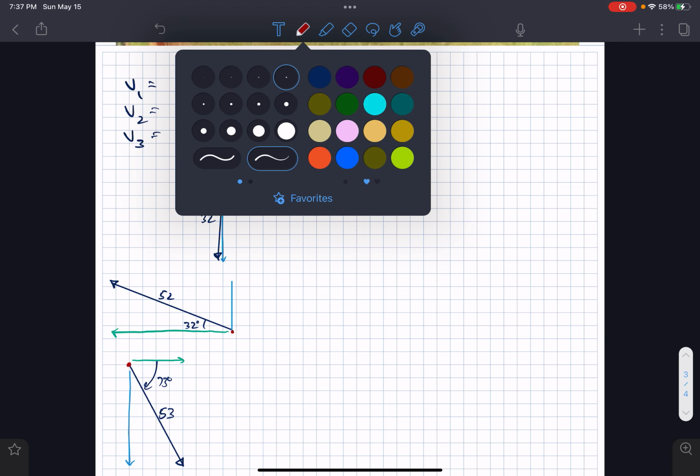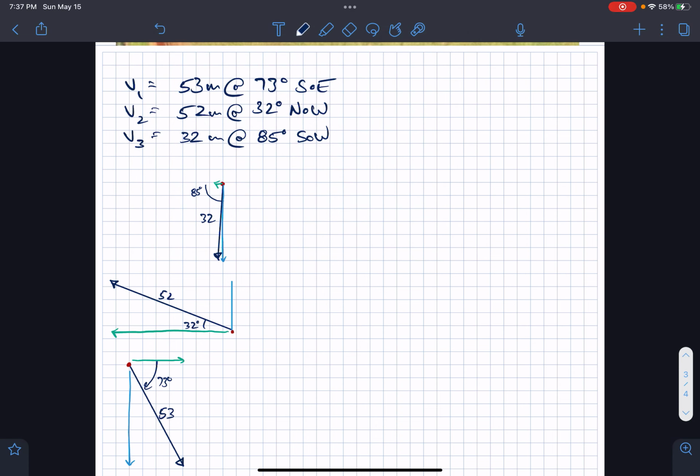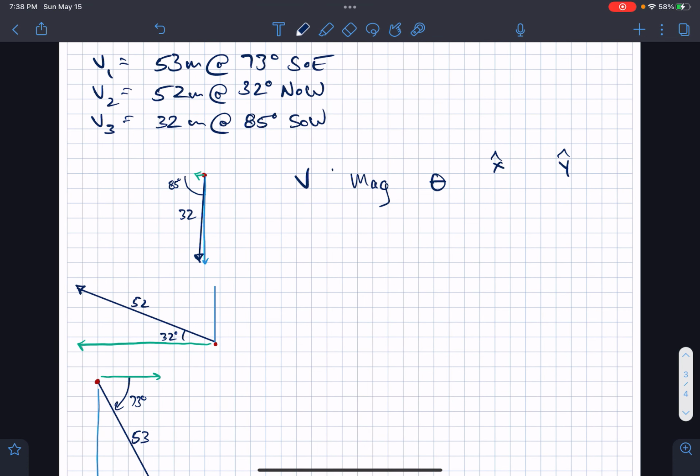And I'm going to do this by setting up a table. All right. My table is going to look like this. V, that column is going to be for vector, the vector name. Vector 1, vector 2, vector 3. Mag, that's short for magnitude. That is the length of it. Could be in any direction. Third column is going to be theta for direction. Fourth column is going to be x. And the fifth column is going to be y. That is going to be the x component and the y component of each vector. So let's kind of separate these out a little bit,